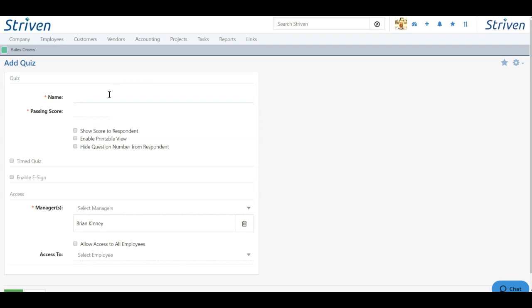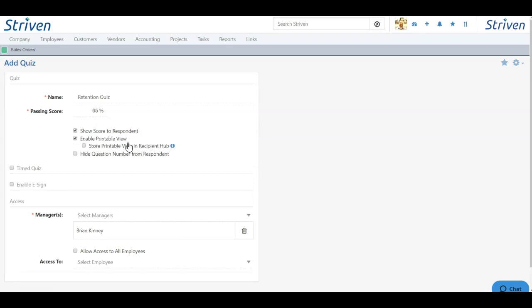But because they can be scored, you'll now have options for timing and passing scores. Here, let's enter a name for our new quiz. Next, we'll enter our passing score, and here we can configure how this quiz works, whether we want to show the score to the respondent after they have completed the quiz, whether or not we want to enable a printable view,